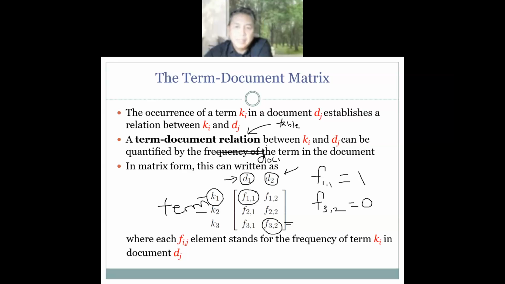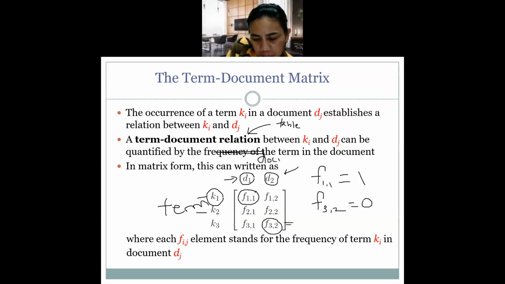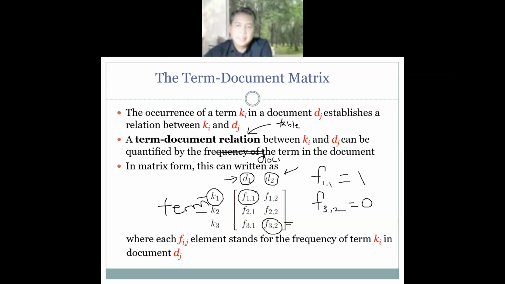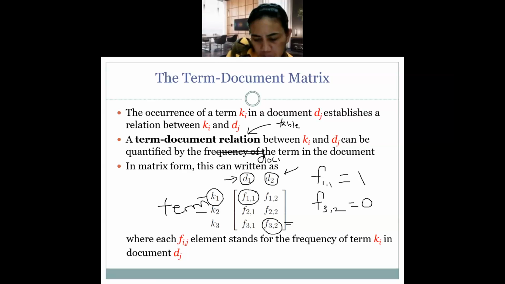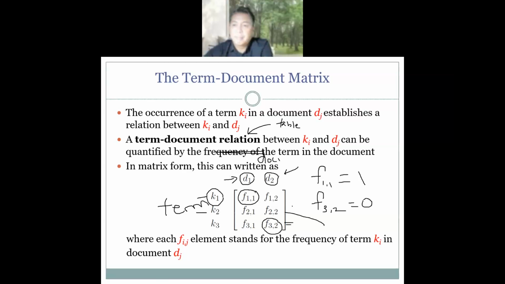In mathematics they call it a matrix. So, term document relation or table or matrix. From now on we will use this concept. We use this term document matrix in order to represent the set of documents that we have,